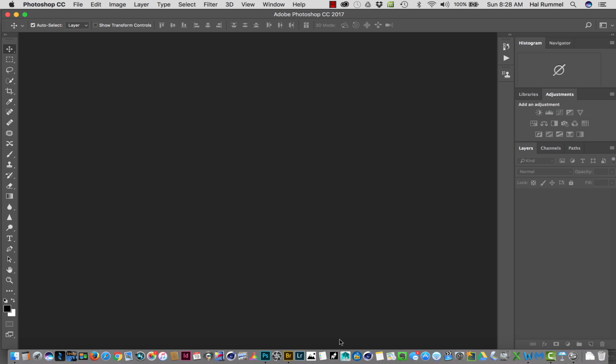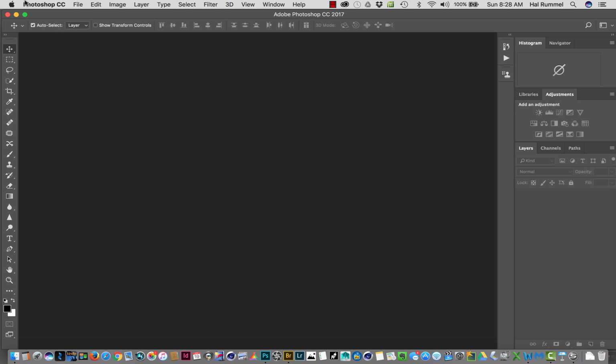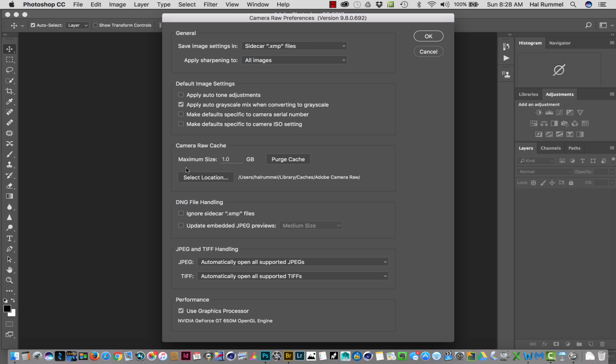I'm going to go over the introduction to Camera Raw that I worked through in class not long ago. I'm going to use the same image so there's some continuity between what we worked through and what's going to be in this example. You may recall that I had suggested, and in fact cautioned, that the very first thing that you want to do is go to Photoshop, and go up to Photoshop Preferences, Camera Raw Preferences, and